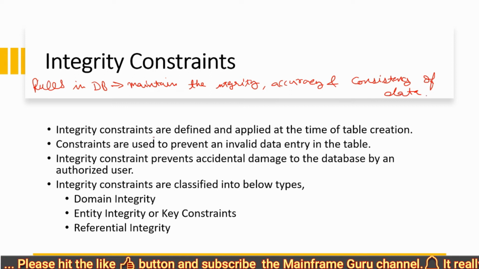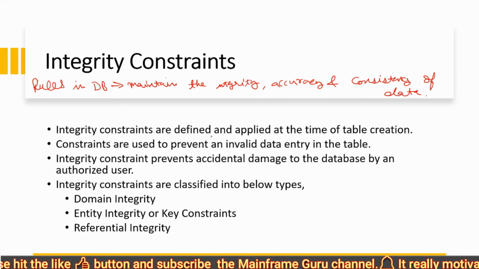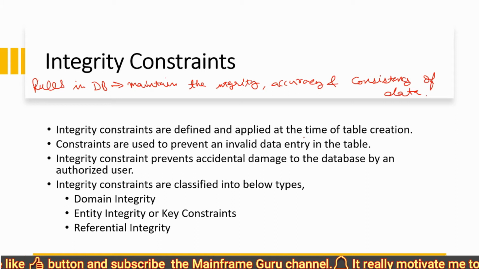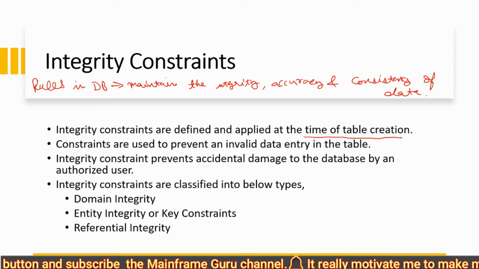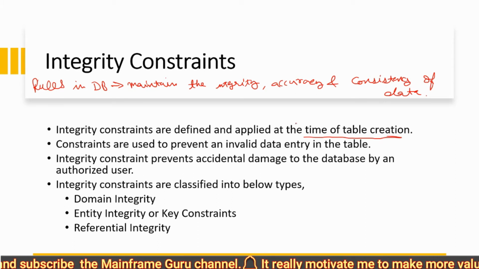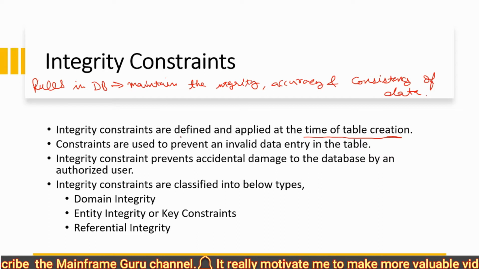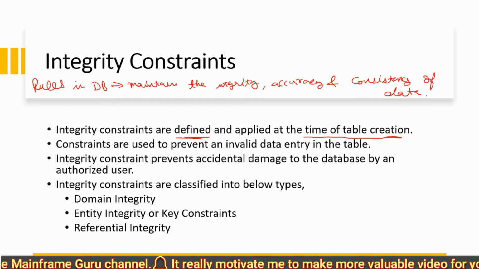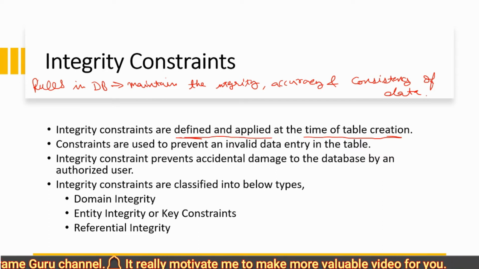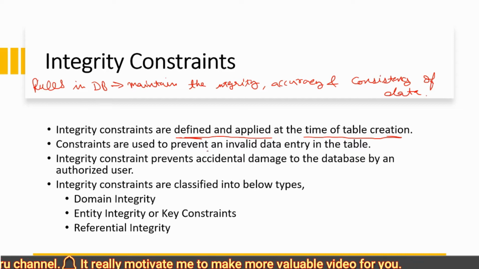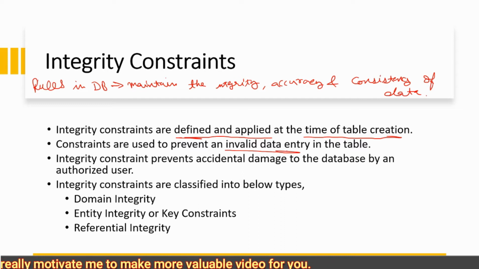Okay, and these integrity constraints are applied at the time of table creation. Means whenever you are going to create a table, these integrity constraints are defined and applied. And these constraints prevent an invalid entry into any column of a table.